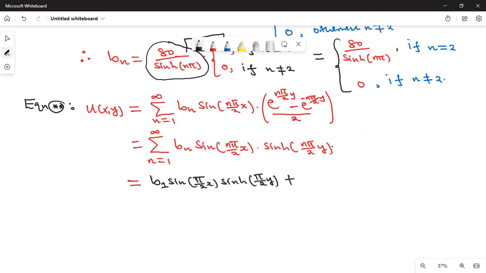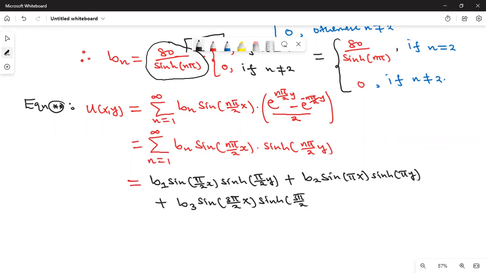When n is 2, we talk of B2 sine pi x, then hyperbolic sine of pi y, plus when n is 3, B3 sine 3 pi over 2 x, hyperbolic sine of 3 pi over 2 y, plus so many other